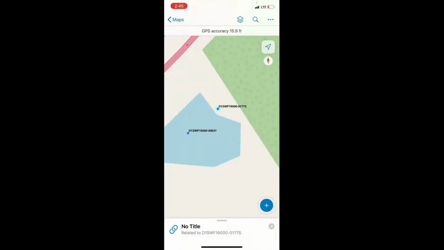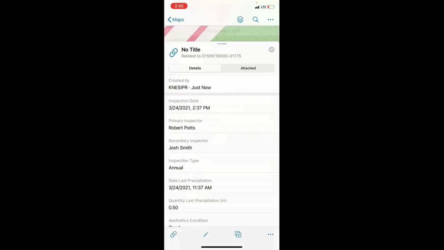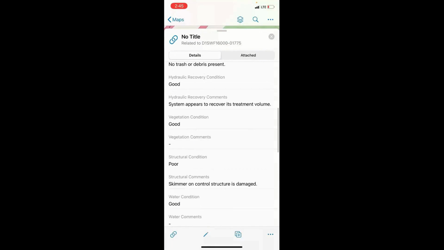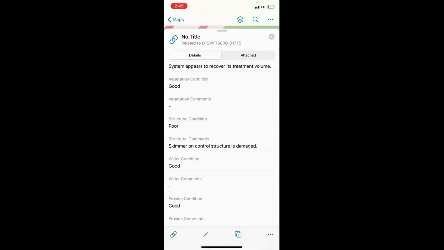This training is going to show you how to create a maintenance needs record using the Collector application on a smartphone. In the previous training, we created an inspection record using the mobile device, and we noted that during our inspection, we found that the skimmer on the control structure is damaged. So we want to create a maintenance needs record in order to communicate what needs to be corrected to either in-house maintenance staff, a contractor, or some